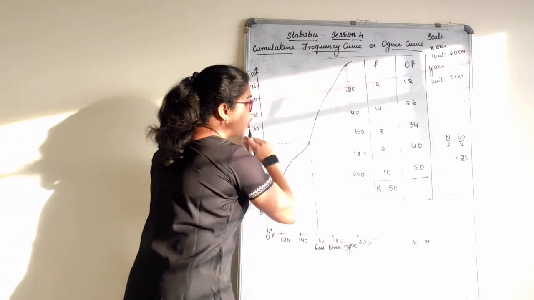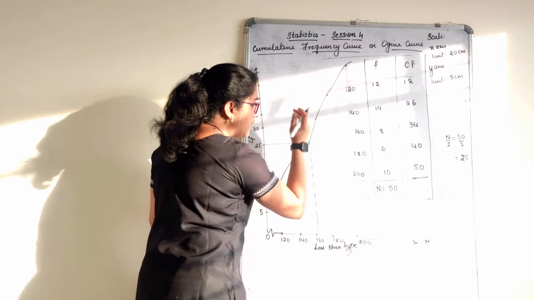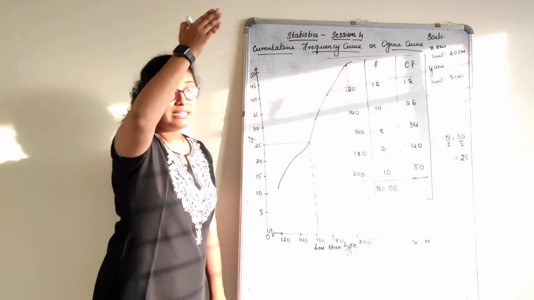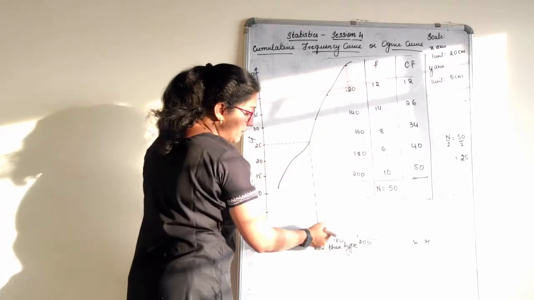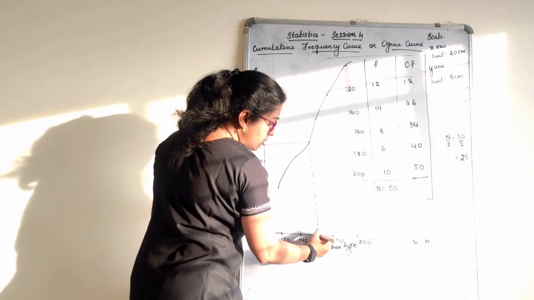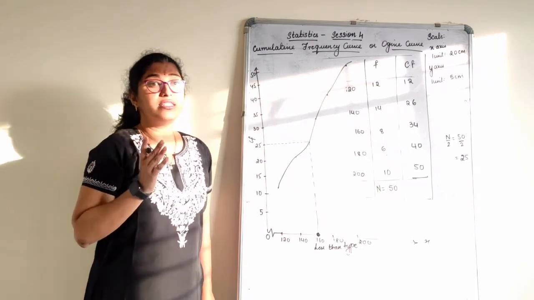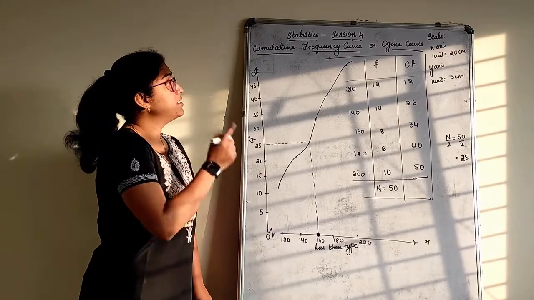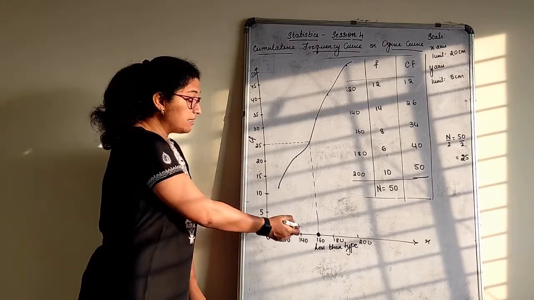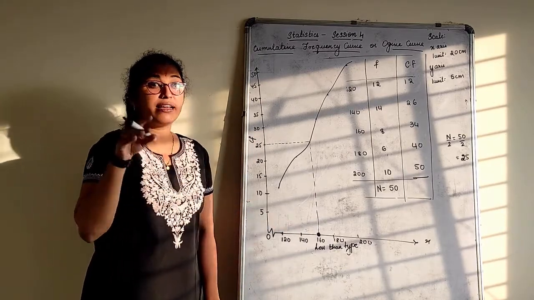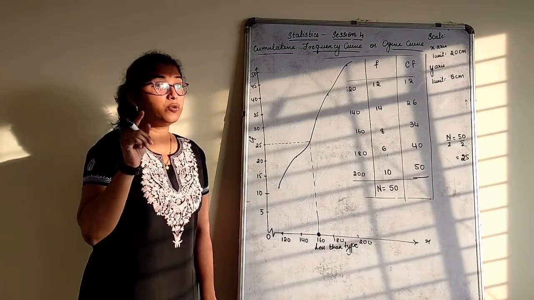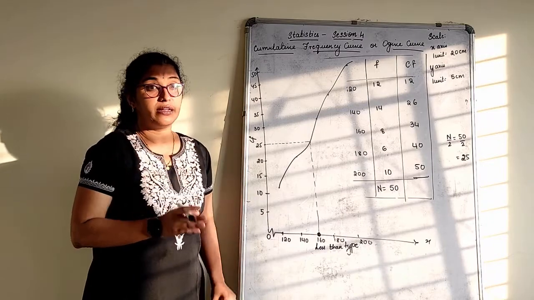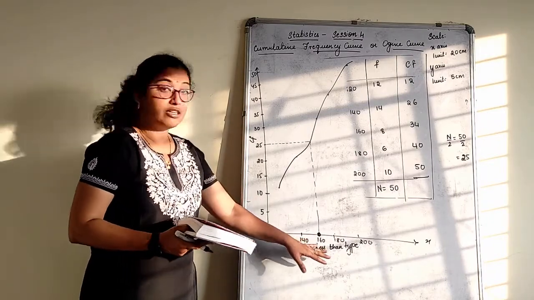From that, draw a straight perpendicular line which will cut the ogive curve. From there, bring it down to the x-axis. So when you bring it down, it will cut at 1 point and that is your median. Okay. So median of this ogive curve is, according to me, 160, but please check in your graph where you get the curve. It might be more or less because my graph is not accurate. Don't call and tell me that we are getting it wrong, teacher, you got 160.